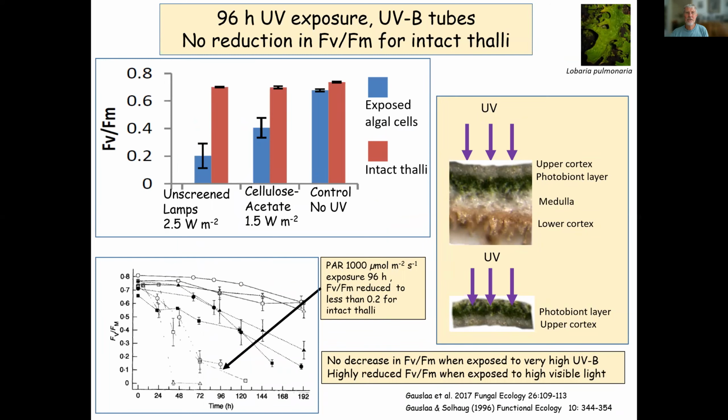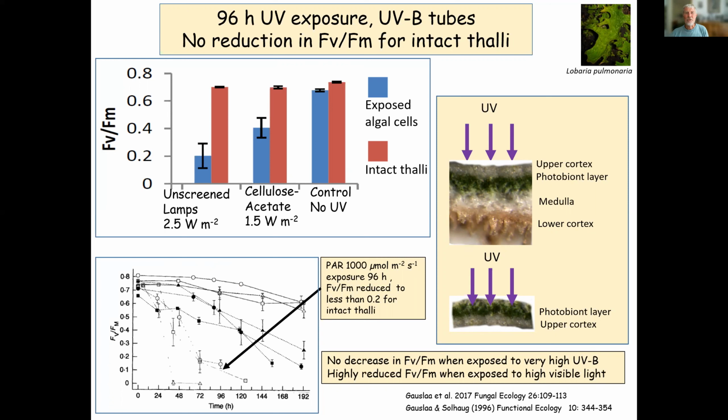We've done a couple of experiments in which we studied the effect of removing the cortex, so we can expose the algal layer directly to UV. In this case, with Lobaria pulmonaria, it was easiest to remove the lower cortex and medulla, turn the thallus upside down, and expose the photobiont layer from below. If we did that, we measured the photosystem 2 efficiency as a proxy for damage,